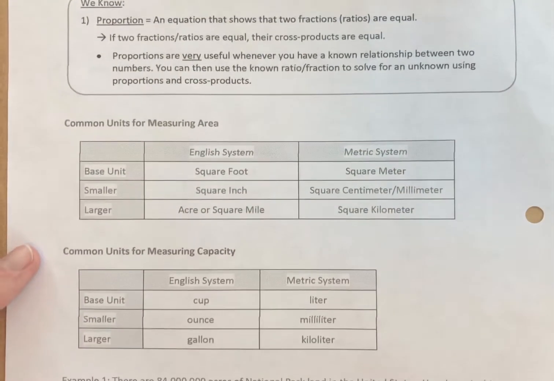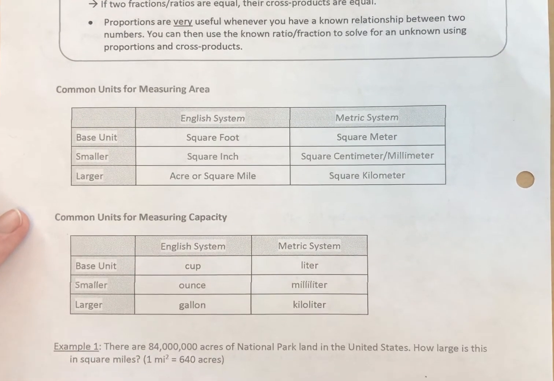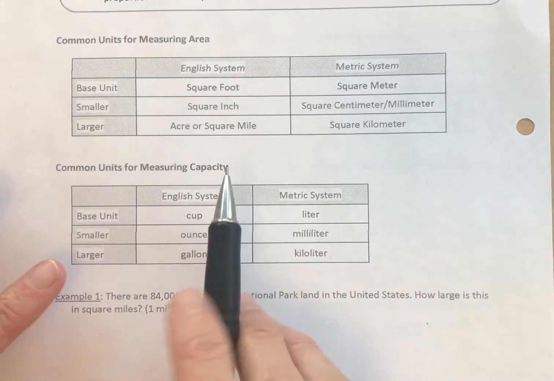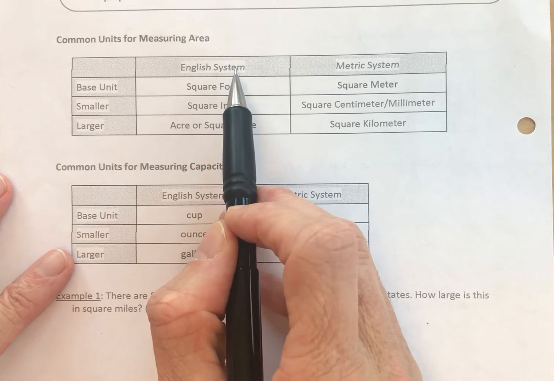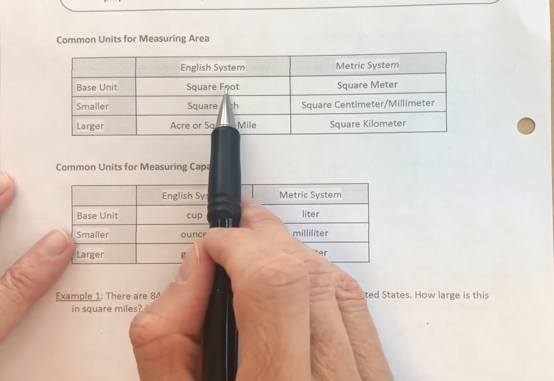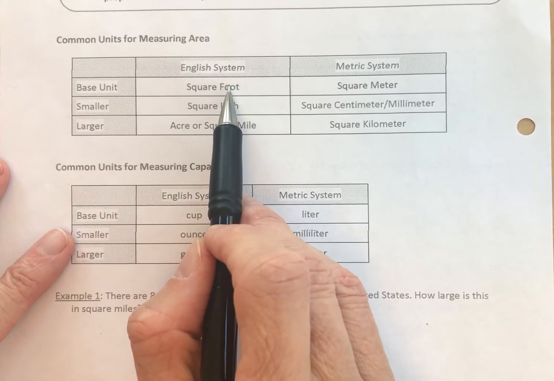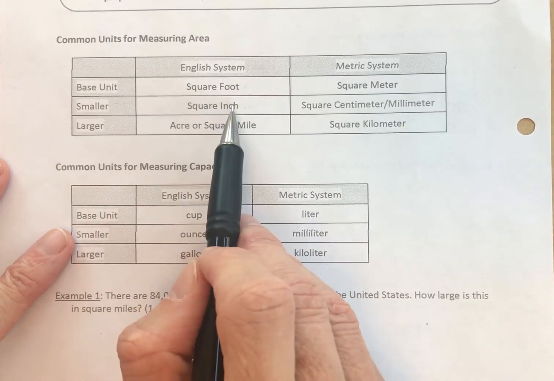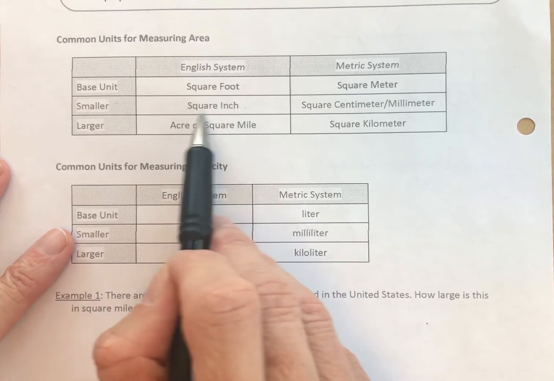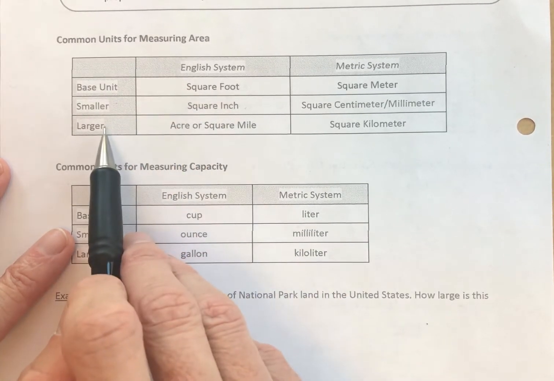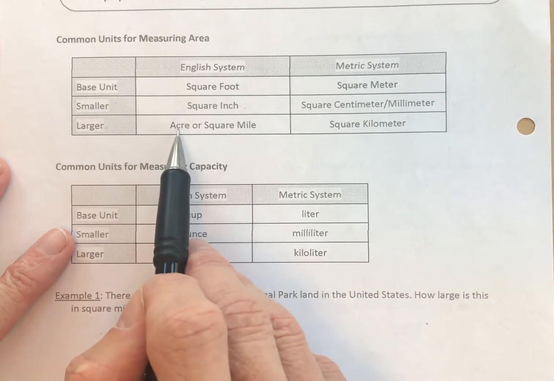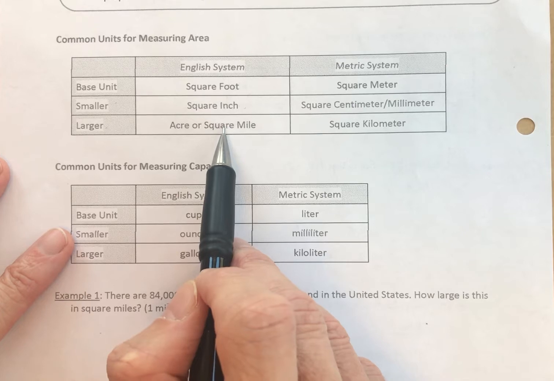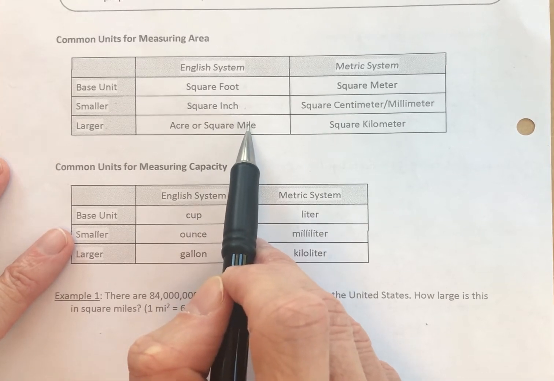Common units in both the English system and the metric system for measuring area and for measuring capacity. In the English system, our base unit is a square foot. When we get smaller, we talk about square inches. So if we want to measure, for example, the surface of a book, we're talking square inches. If we want to get larger, we talk about acres. You've probably seen that a lot with the size of property, or sometimes square miles, the size of a city,